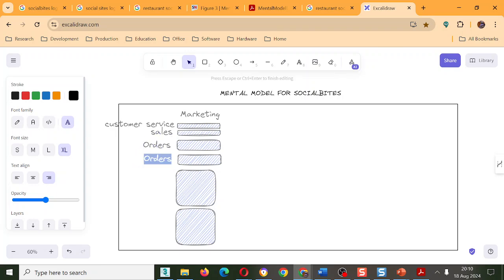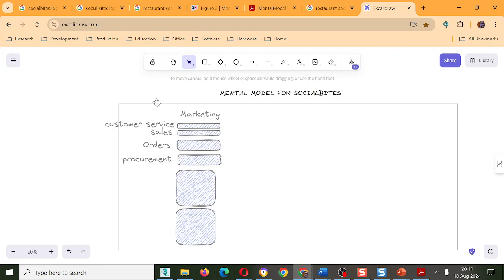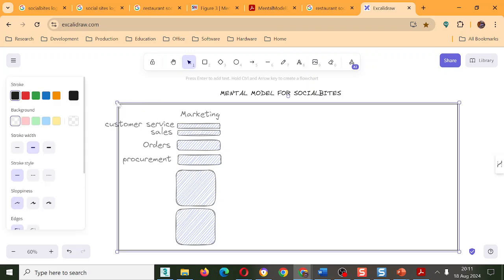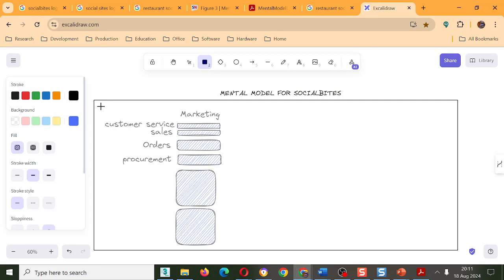And then this part of the company might be dealing with, let's say, one takes orders. Let me just say procurement, because they have to procure services. Okay, so that's the company. Now, in the graphic representation of this, I would want to encapsulate the company this way.